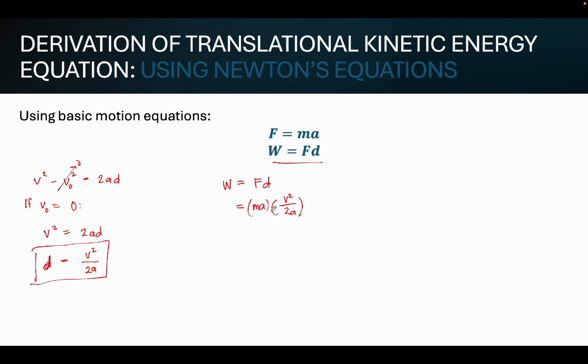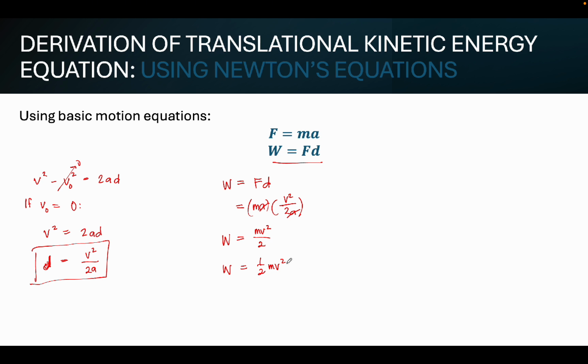What will happen is a cancels out. Okay, so what remains is mv squared over 2, or 1/2 mv squared, which is the kinetic energy, or